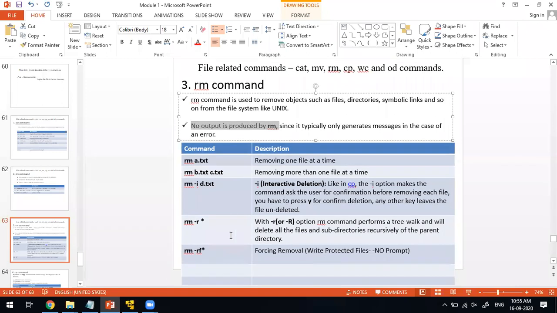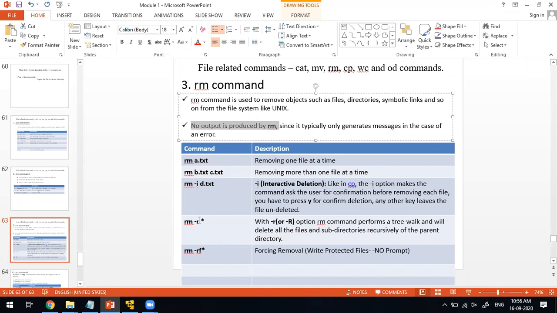The dangerous commands which I mentioned are these two: rm -r * and rm -rf *. Whenever you use these, you should be very careful. What is this? -r means recursively it is going to check all the files. There is a folder, below that there are 2 folders, below that 10 folders, below that 20 files.